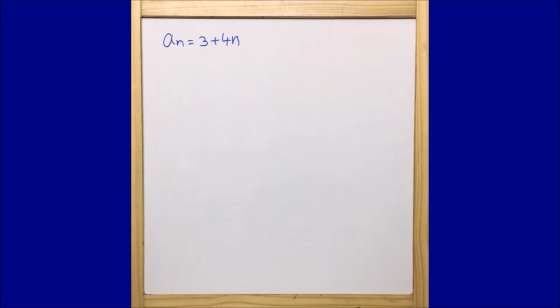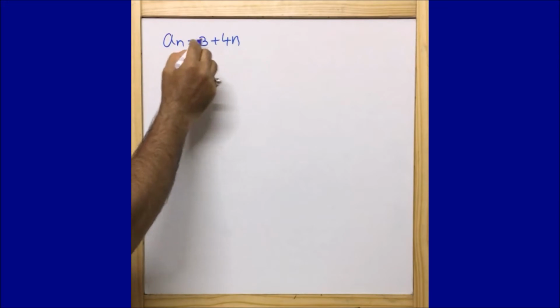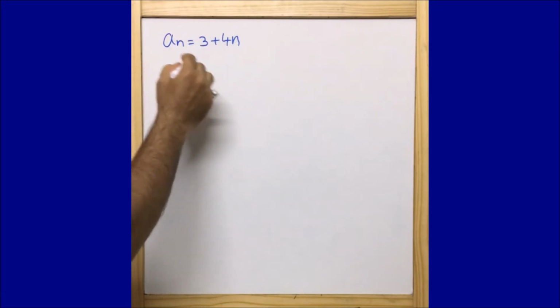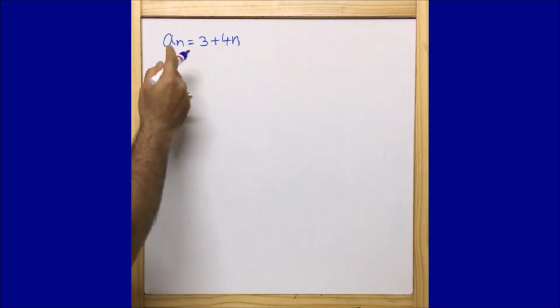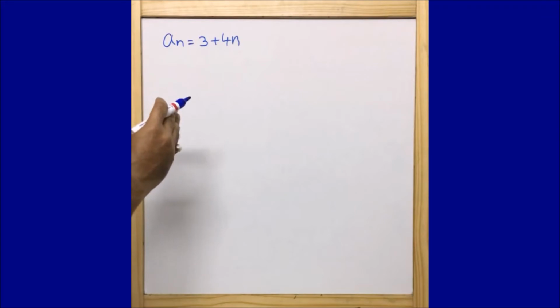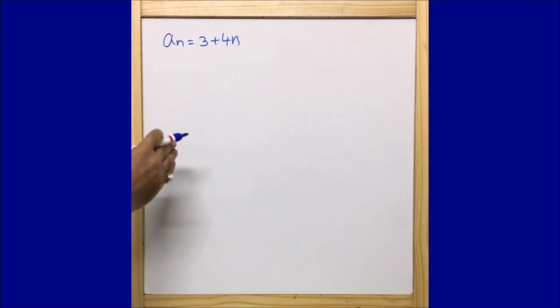So guys, what we can do, let us first solve this equation because they have given an is equal to 3 plus 4n. So when n is equal to 1, let us see what we are getting, because we are going to extract the values of a1, a2, a3, a4, so that we can find out if they have a common difference, and if the common difference is consistent, then we can say that it forms an arithmetic progression.